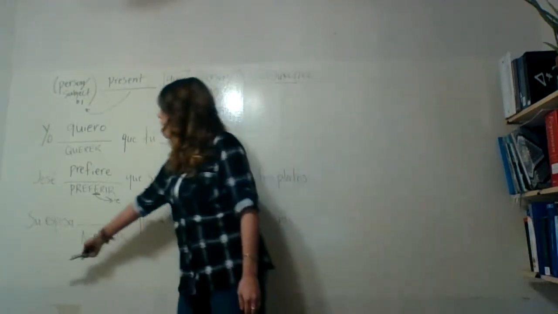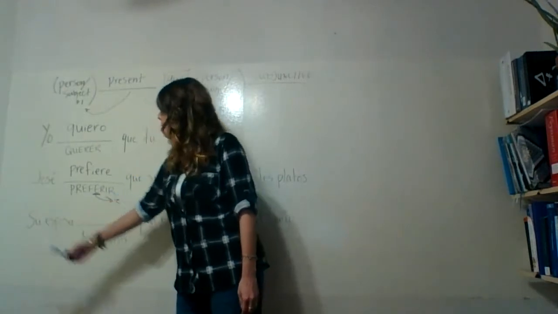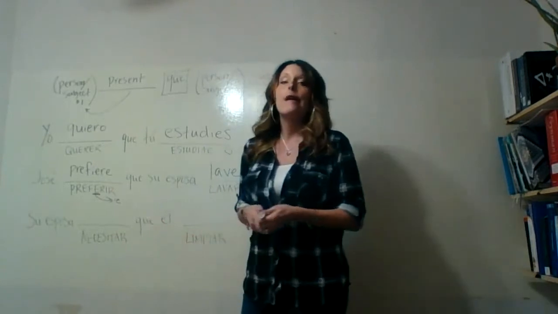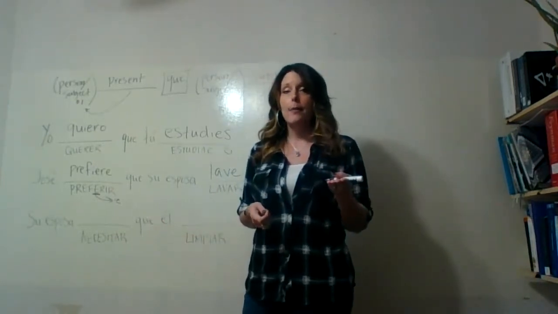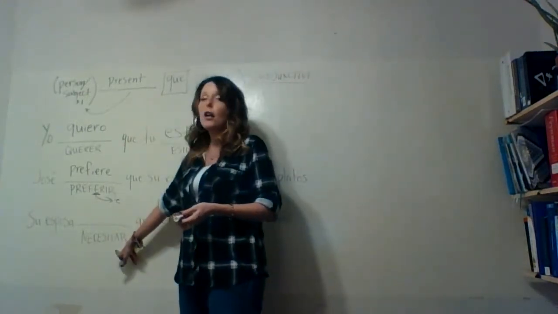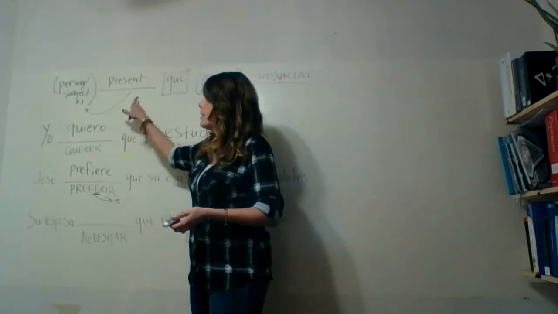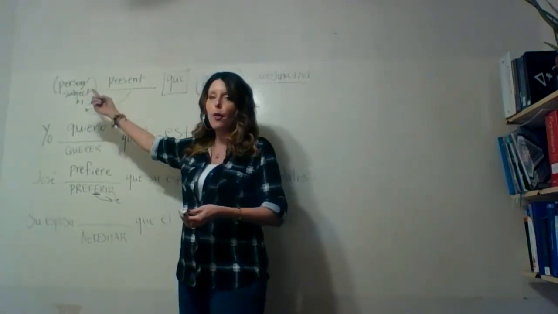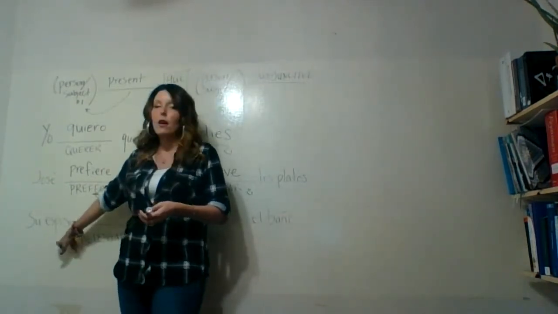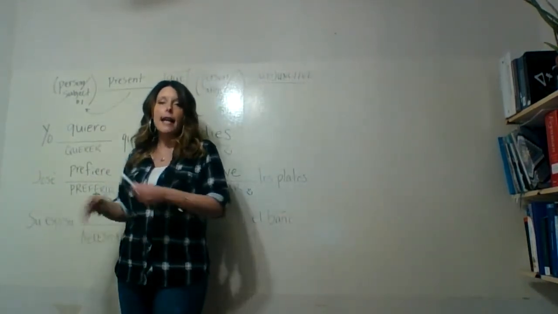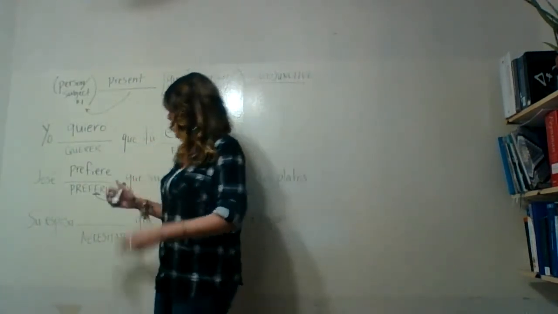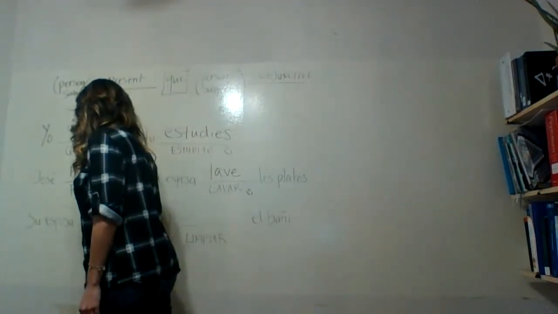here, now we're starting off with his wife, su esposa. We have the verb necesitar here in the front half of the sentence. What tense is that going to be in? It's going to be in the present tense. If we just look back up here, so we're going to have necesitar, to need, in the present tense, conjugated based off of our person or subject number one. So we have necesitar, to need, conjugated based off of his wife, ella, in the present tense. So we will say, su esposa necesita